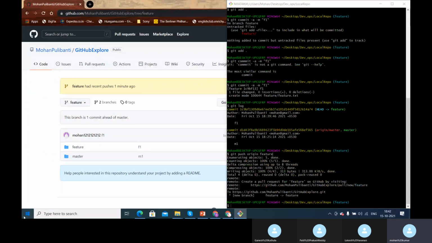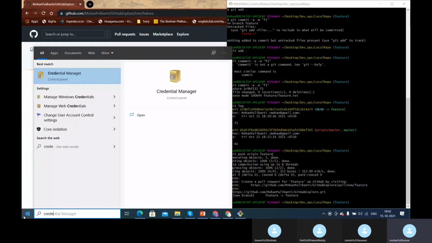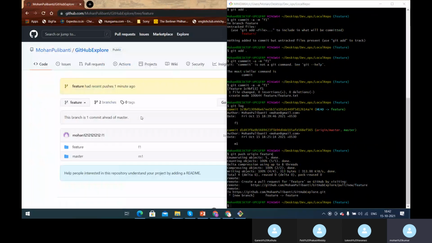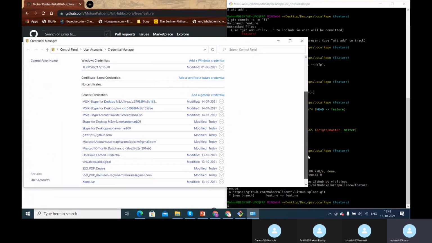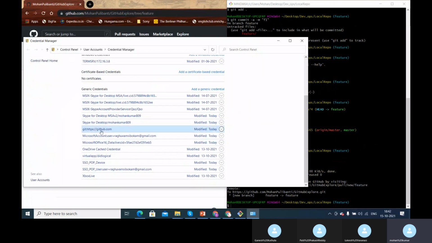in the credentials manager. So if you go to the credentials manager in your system, and open the Windows credentials and scroll down, you will see something called GitHub. Inside this GitHub entry, your credentials will be stored.